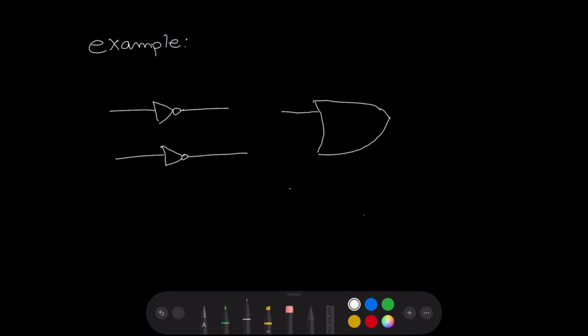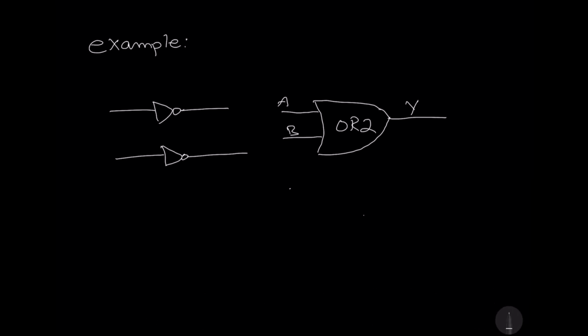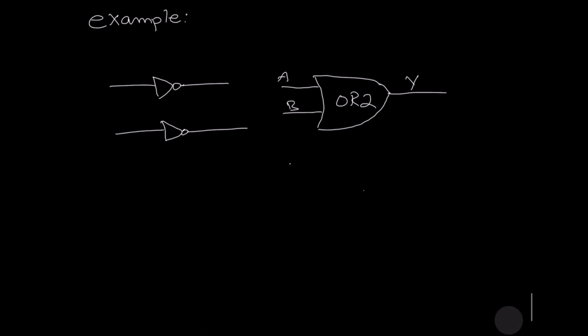That's better. Input A, input B. We can call that OR2, or OR gate with two inputs. When we invert these two inputs of the OR2 gate, our output will be